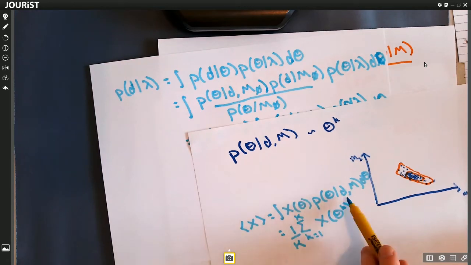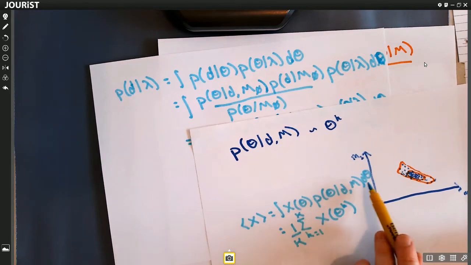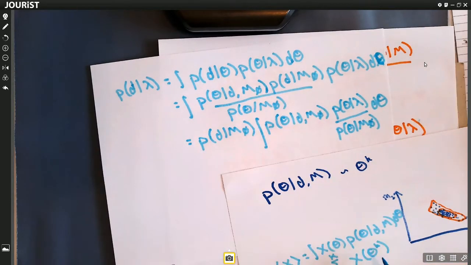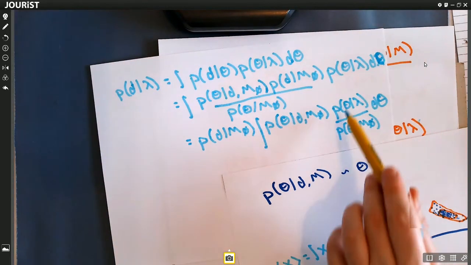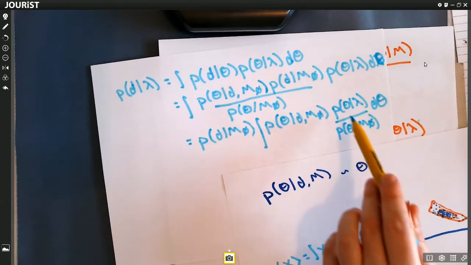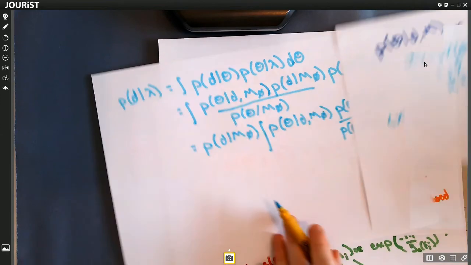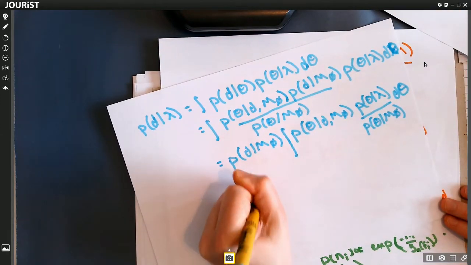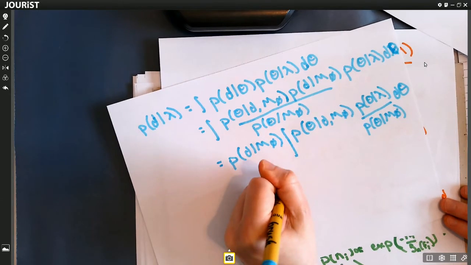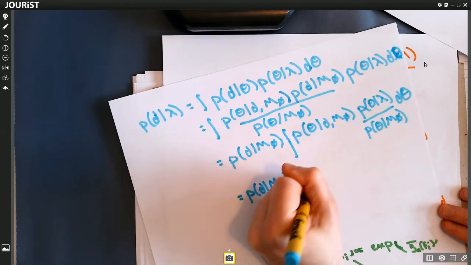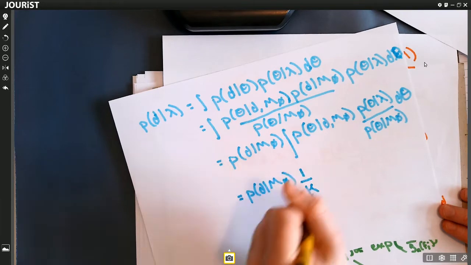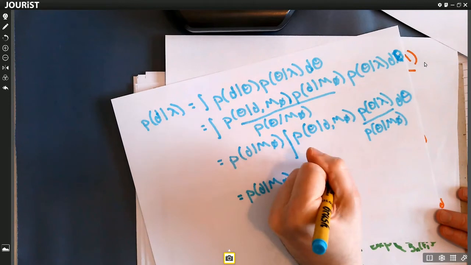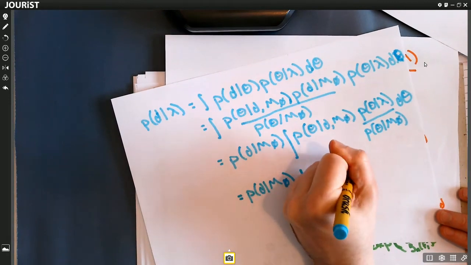If we compare directly with what we had earlier, the expectation value of x is just the integral of x multiplied by the posterior over all values of theta. In this case, here's the posterior, here's x. X takes on the form of our ratio of priors, integral over all d theta. So we can replace this as our prefactor out the front. Then we have our 1 over k sum over all values of little k of the ratio of our priors.